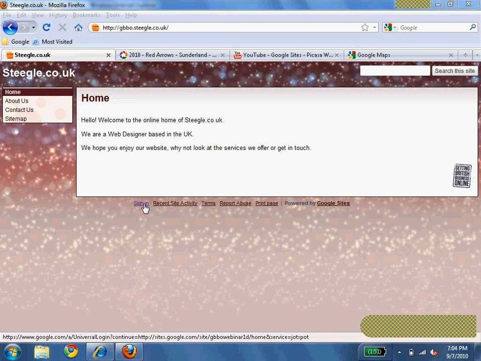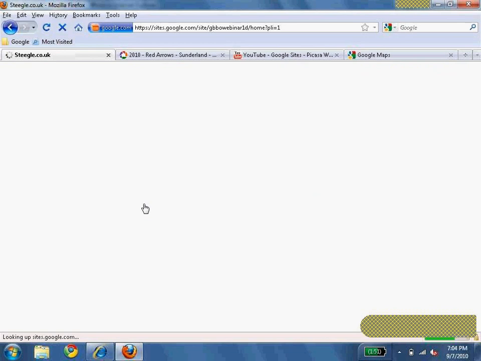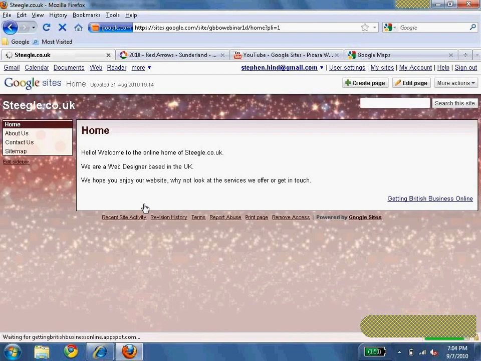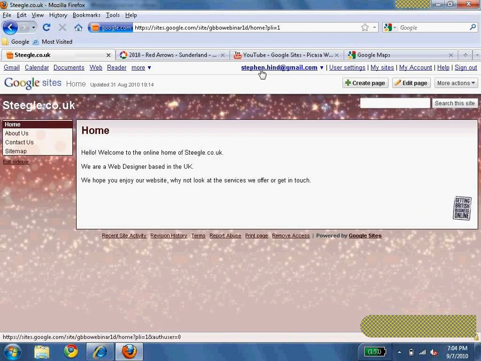Now I'm already signed in on this computer, so it will just go straight in. As you can see there, you've now got your email address at the top, and also your editing tools to create a page, edit a page, and also the motions button. So have a look at create page,